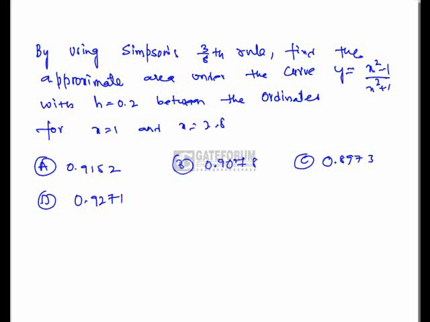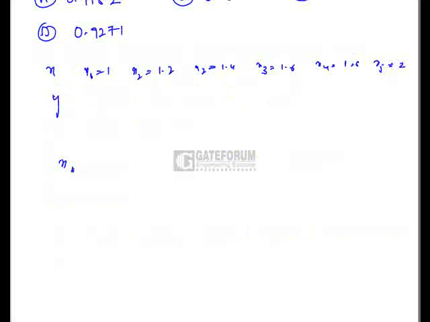So we have to find the approximation of x square minus 1 by x square plus 1, whereas h is given as 0.2 between the ordinates x is equal to 1 and x is equal to 2. If you substitute these values, what are the ordinates you'll get? Now let us prepare the table here. X values will start from 1, then there will be a difference of 0.2, so it will be 1.2, then x2 is equal to 1.4, x3 is 1.6, x4 is 1.8, x5 is 2, x6 is 2.2, x7 is 2.4, x8 is 2.6, x9 is equal to 2.8, and the corresponding